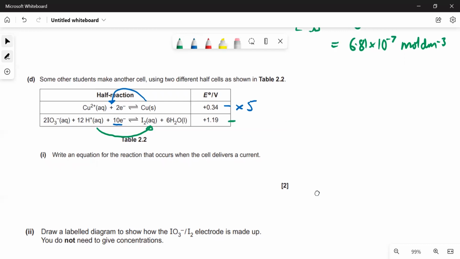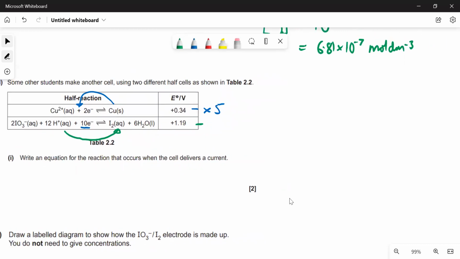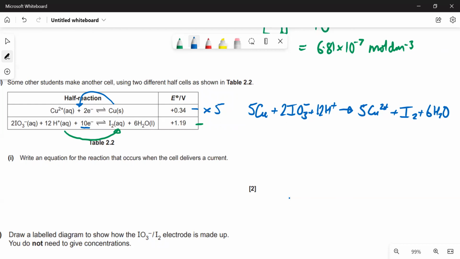So we are going to get 5 Cu reacting with 2 IO3-, 12 H+, and that is going to give us 5 Cu2+ ions, I2, and 6 H2O. That is our balanced equation. State symbols are not necessary, I don't think. Right,